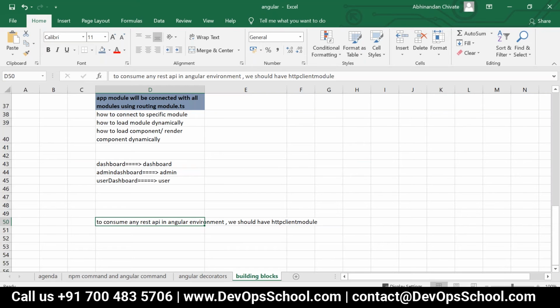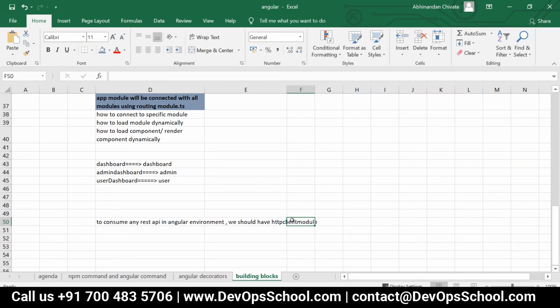In the same way, now here I need to use a module, correct? So to use the module in my auth module, do we need to import this HttpClientModule or not? To use ngModel and ngSubmit, what did we do?